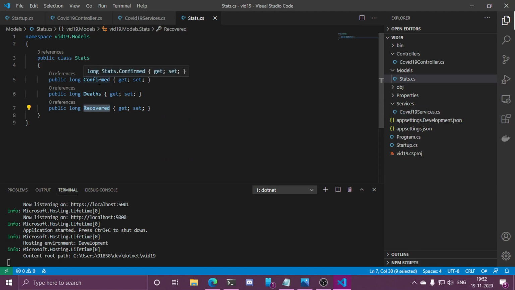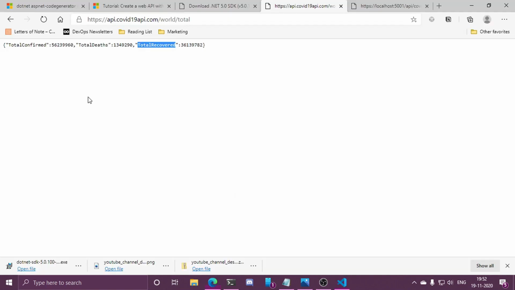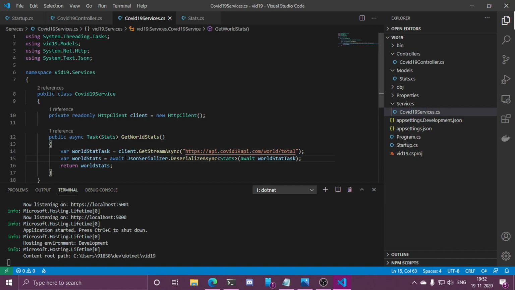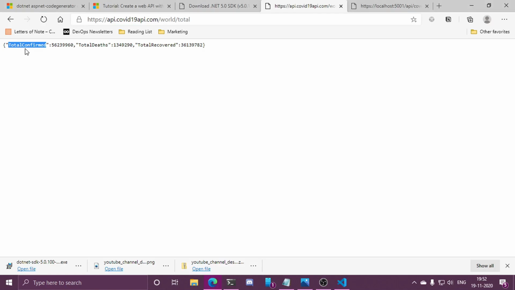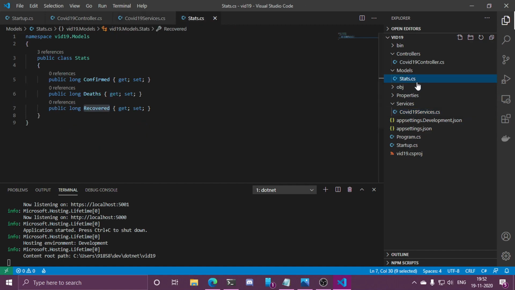If the field names were total confirmed, total deaths and total recovered, this particular statement would have mapped the values perfectly without any issue. But when it was actually mapping things, it did not find any property known as total confirmed. So these things have been initialized to the default value of 0. There is one more thing we can do here, and that is mapping the actual names in the incoming